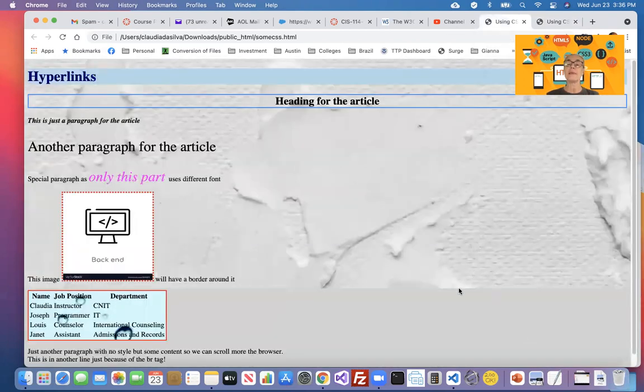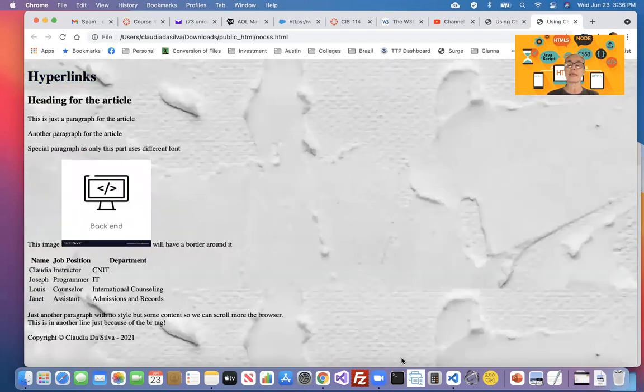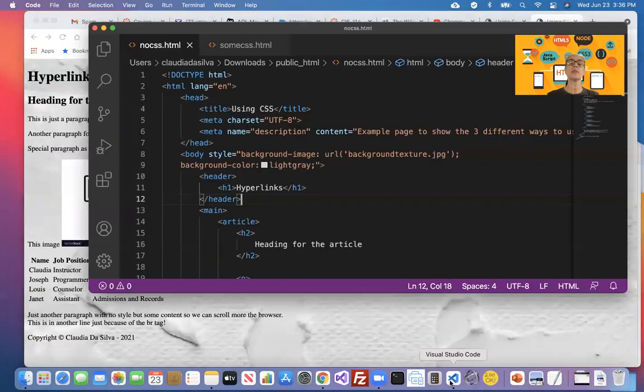So suppose that in the case of the body, I don't want to repeat, because if you see again, this image is finishing right here around the middle and the rest is covered by the background color. So I don't want this to be like a tile. I want this to be put only once. So let's see what happens with my other CSS if I use